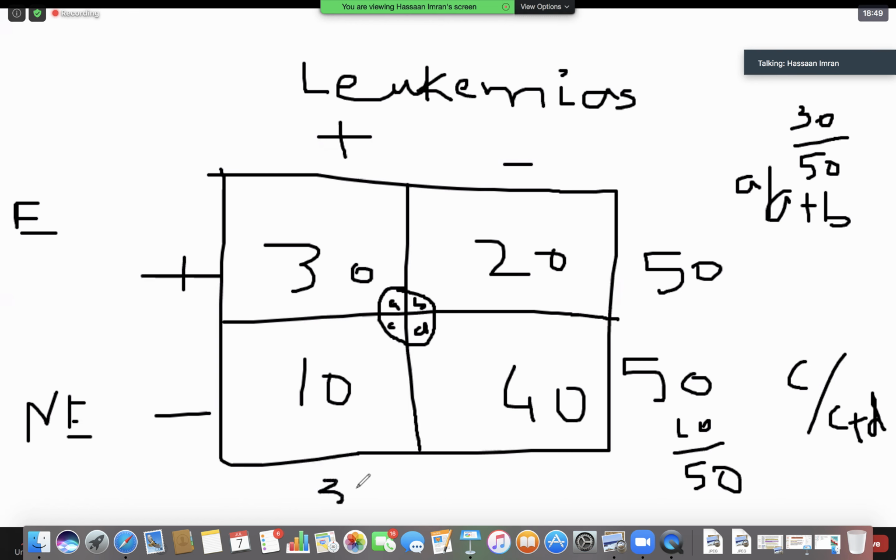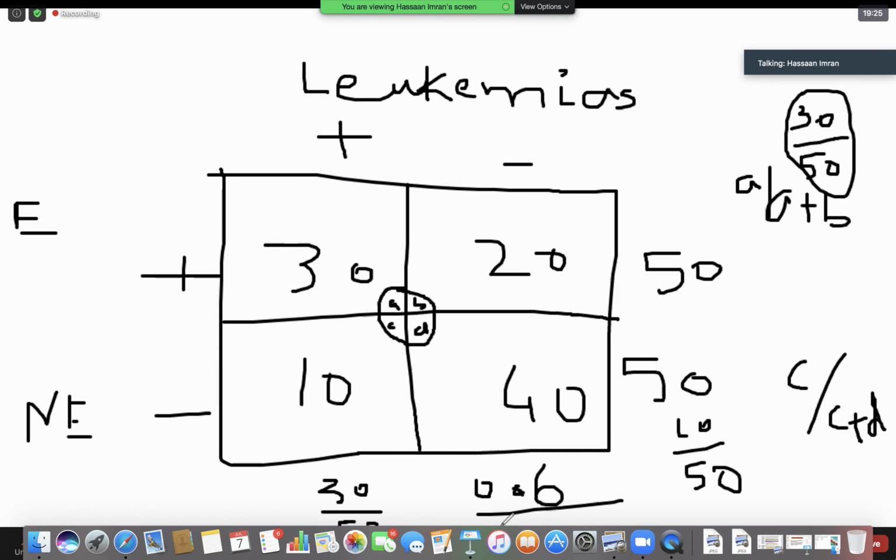So if we have to take a ratio of this, we need to divide 30 divided by 50 by 10 divided by 50. So you simplify these figures. Please calculate, somebody should calculate this. 0.6 and 0.2. Very good, 0.6. Since we have to move further for the calculation of the ratio, that's why we have written these decimal figures.